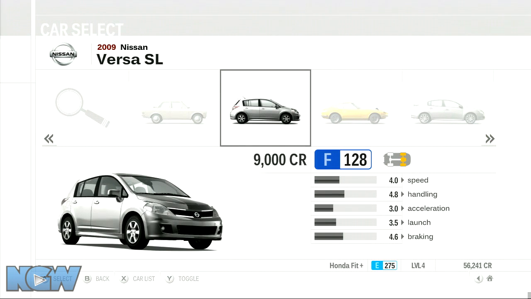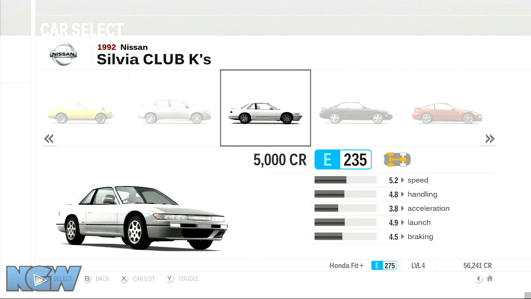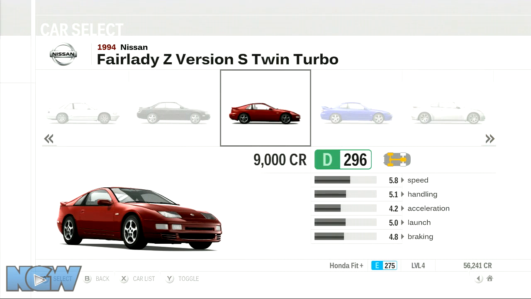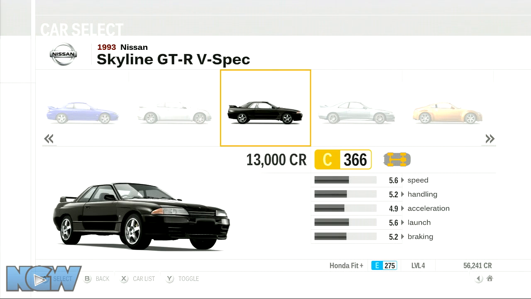Datsun 510, which is mysteriously very expensive in this game. Don't know why, but those are fun little cars that if you can still do engine swaps, an SR20 would do them pretty good. What I did notice...